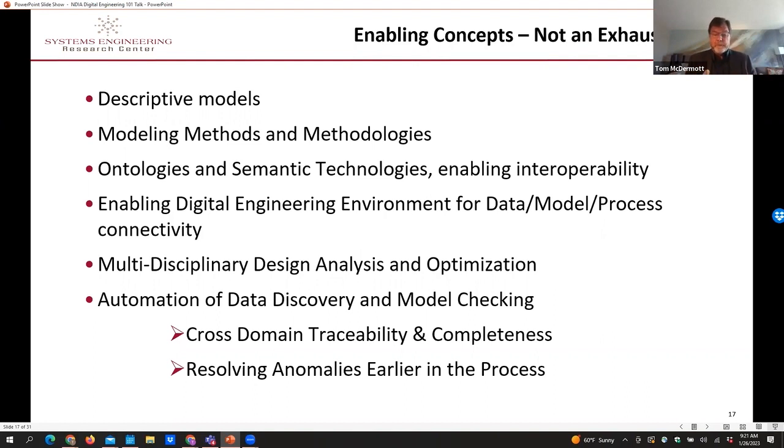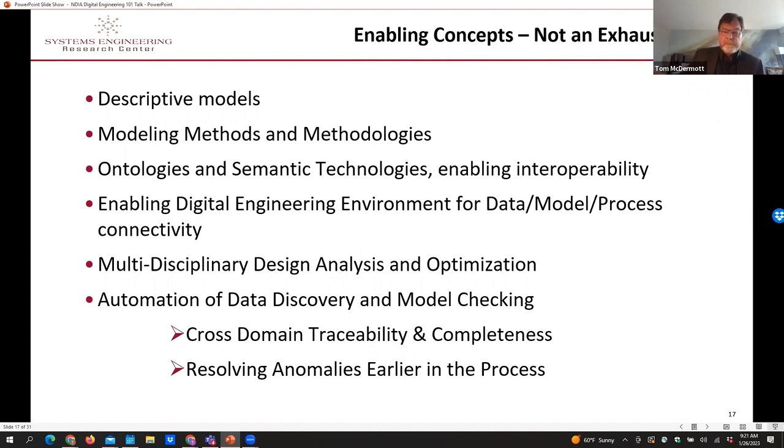So can we actually show in the tools that we haven't missed something? We don't have a gap in our design, and let the tools find that for us. And then in the process area, it's then, can we push the finding of those anomalies, gaps, and other things much earlier in the design process, where we're operating in the model world instead of after we cut metal in the physical world.